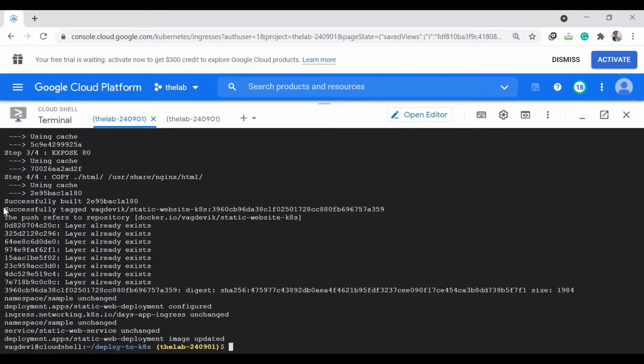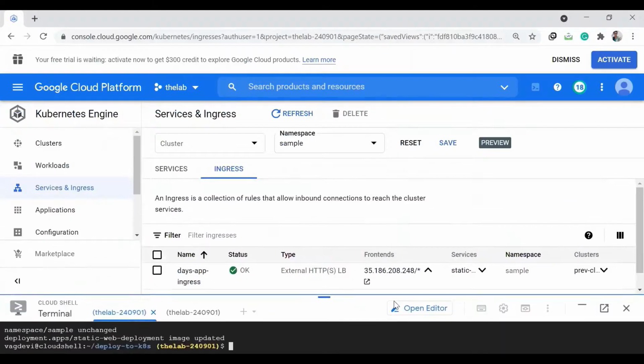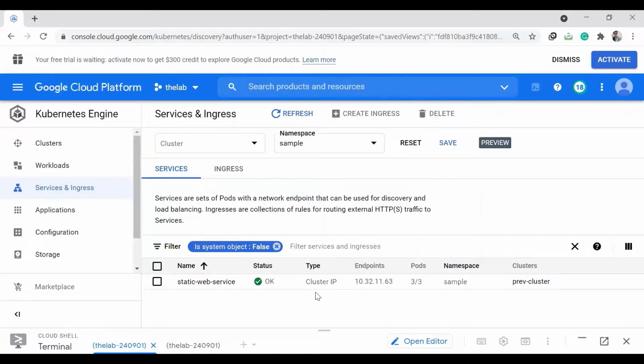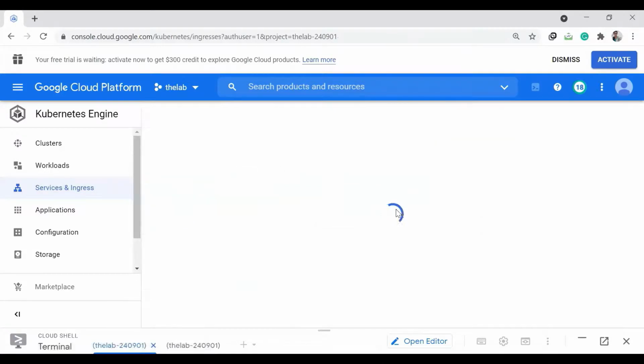So now it seems to be working fine, right? Okay, so build successfully pushed and configured, right? So now we may just go to the ingress section. Okay, so here, click on this.